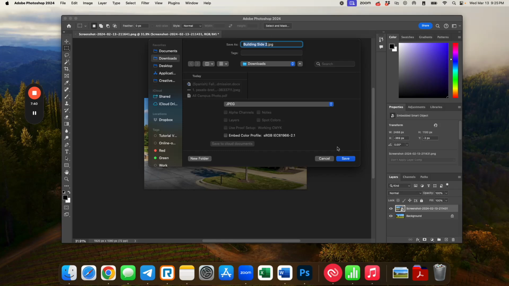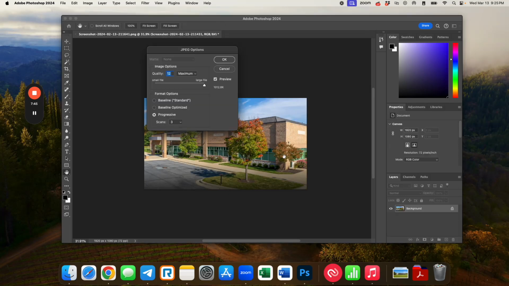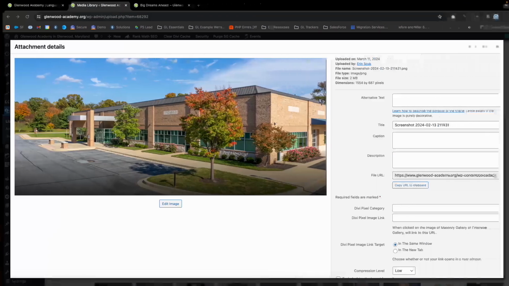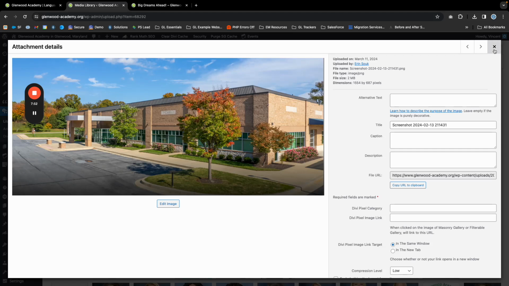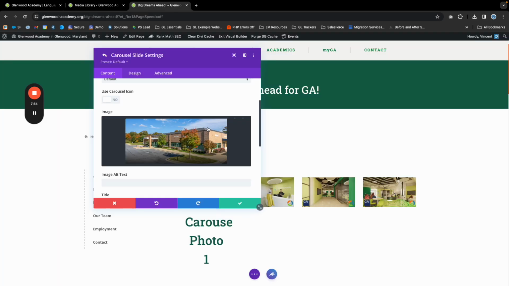JPEGs are a little bit more efficient, so the file size isn't quite as large. Click on Save, maximum resolution, swap back over to the website, and here we can actually click into the carousel, click on the image,